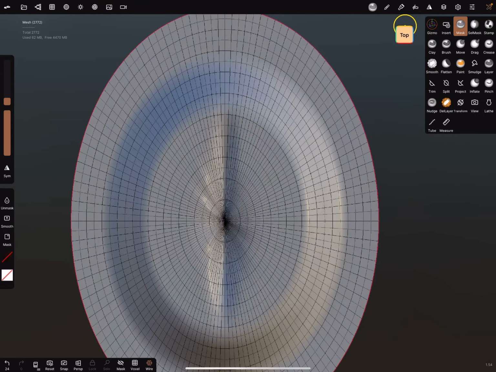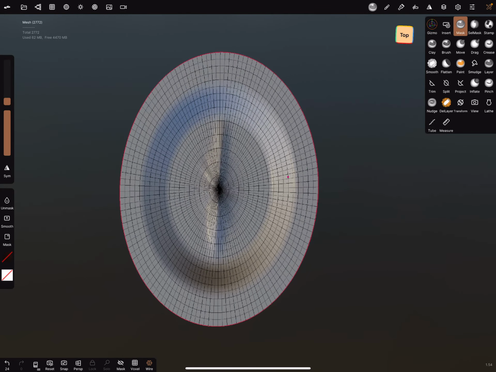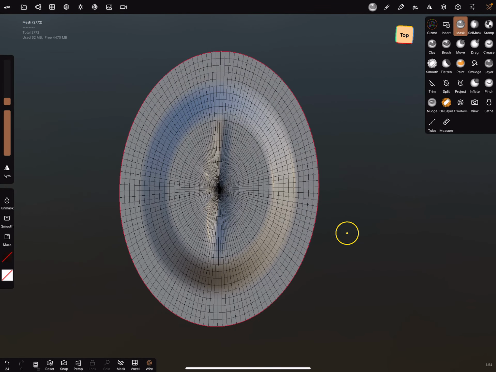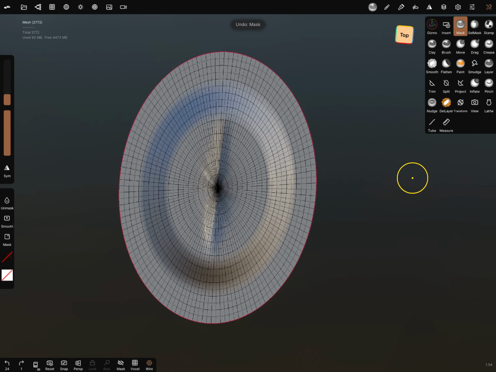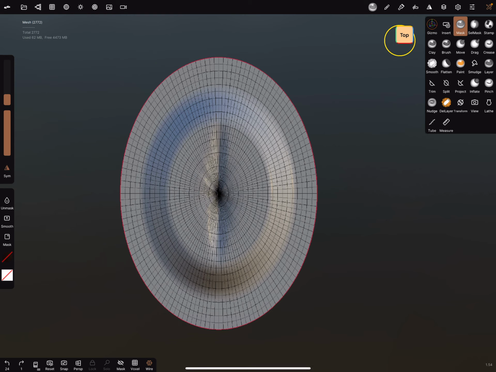In the top view, we can make also a few things with the mask. Okay. In this case, we can turn the symmetry on.